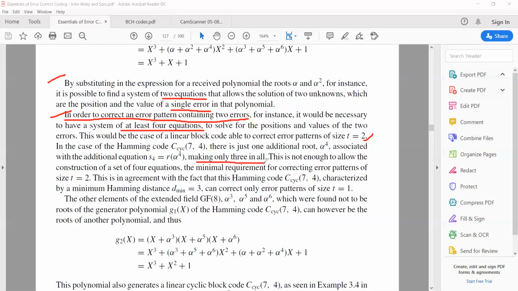So we need another one to make 4 equations. So this is not enough to allow the construction of a set of 4 equations, the minimal requirement for correcting an error pattern of size t equals 2. This is in agreement with the fact that this Hamming code 7,4 is characterized by the minimum Hamming distance, that is